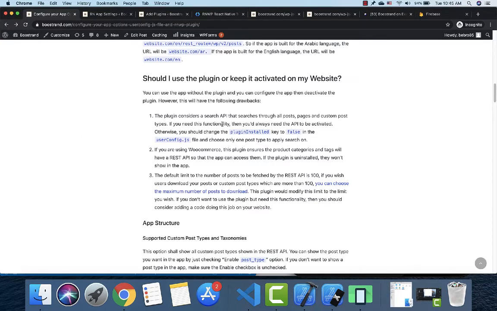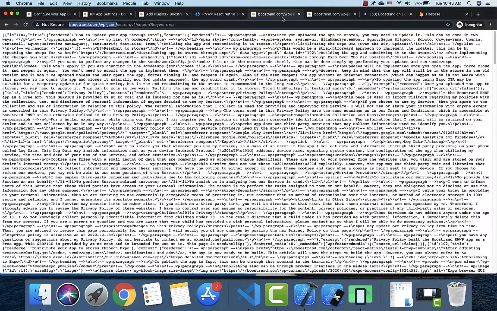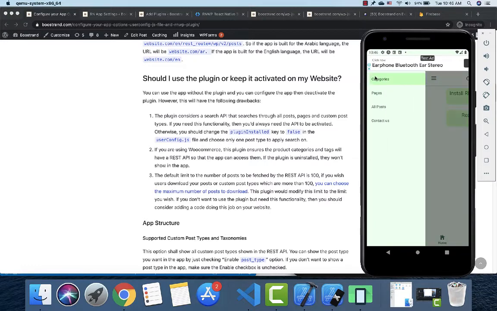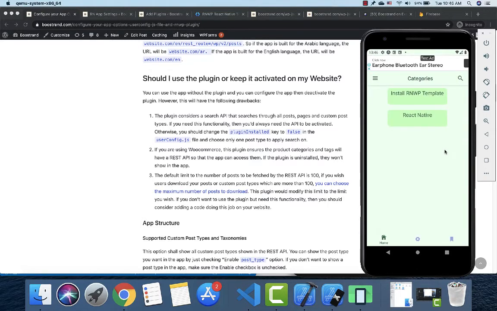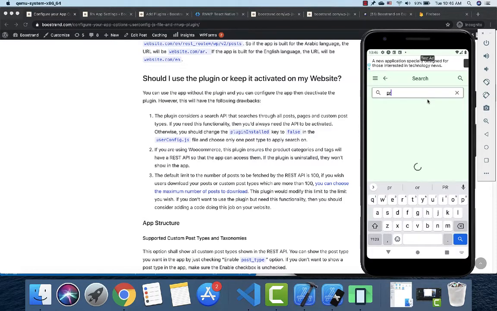The first one is regarding the search. The default REST API route for WordPress is mainly searching one post type, so I cannot search for both posts and pages simultaneously. This is not available on the default REST API supported by WordPress. This plugin provides a custom REST API route, so that if you are searching for both posts and pages, you can just provide this. So if I'm writing privacy, for example,